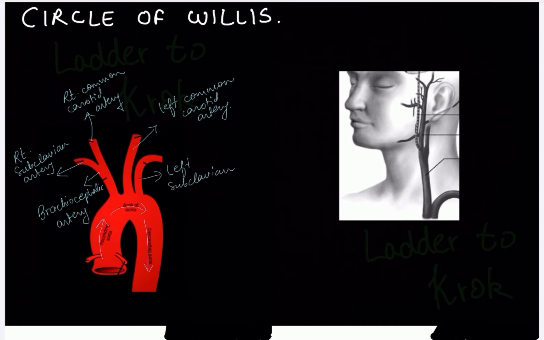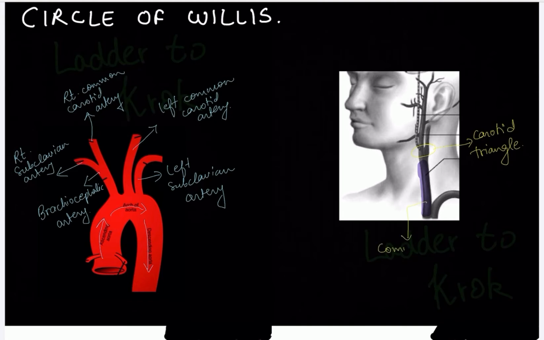Now let's know more about common carotid artery. Okay, so this common carotid artery, now look into the right side picture. On the right hand side you see this part, right? This is the common carotid artery. Okay, now this common carotid artery, you can see clearly that it is dividing. The place where it divides is the carotid triangle. We'll be doing this in a separate video which is made specifically for the triangles of the neck. Okay, so carotid triangle is the place where this common carotid artery will divide.